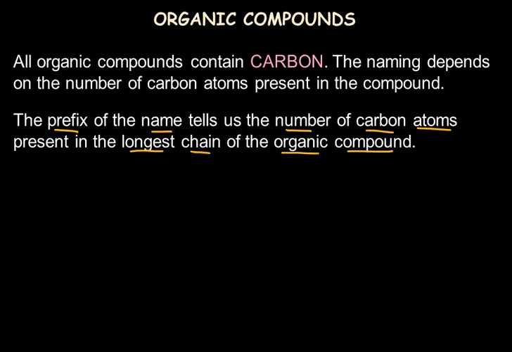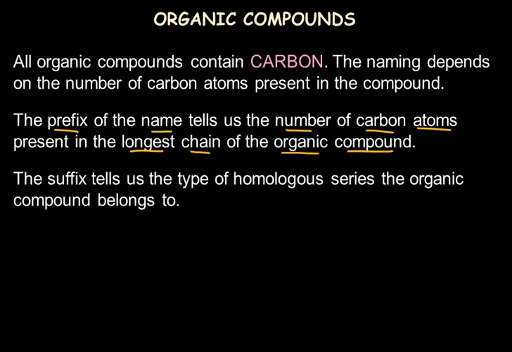We will learn in detail how the number of carbon atoms is denoted by the start of the name. And the suffix, that is the end part of the name of an organic compound, tells us the type of homologous series the organic compound belongs to. So a prefix and suffix together will tell us the type of organic compound. If we start with the simplest example like methane,